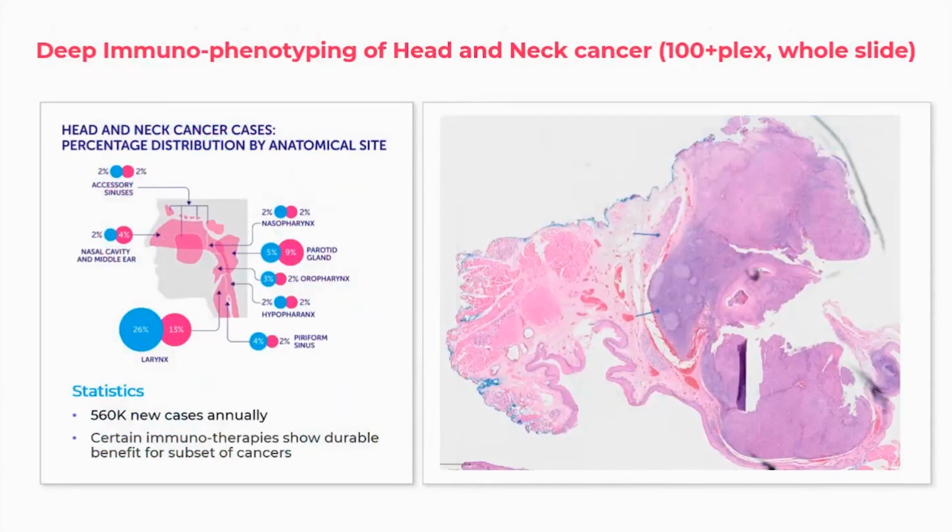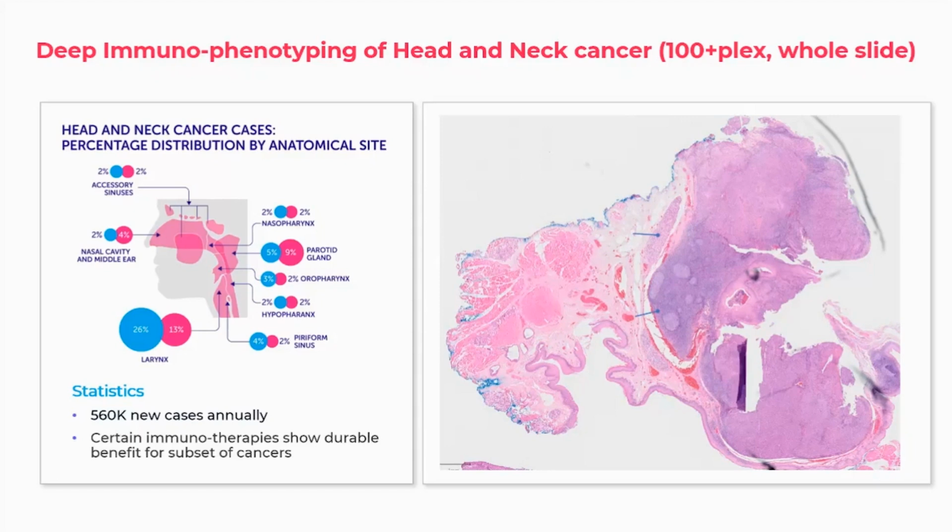It's an index sort of study that we've run, really showcasing the power of spatial. This is over 103 antibodies stained on a single tissue section in head and neck cancer, HPV positive disease. This patient died after 14 months. We had the pre-IO specimen, and so we knew that this patient would inherently have resistance within their tissue. And so we went in trying to find out whether we could identify it.